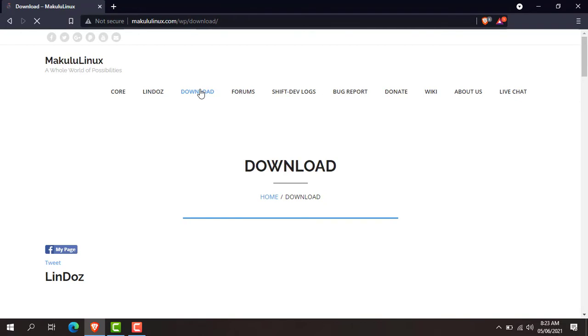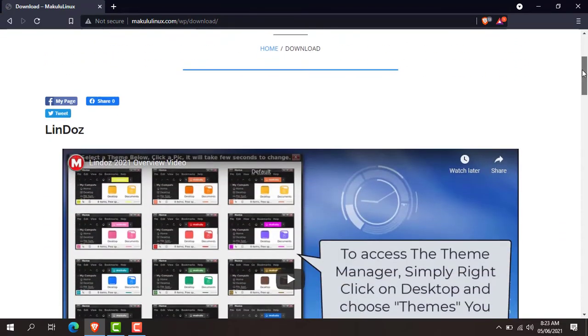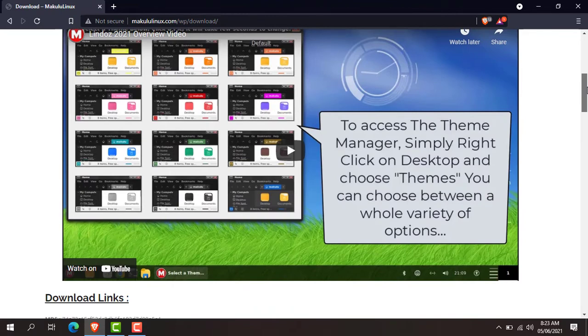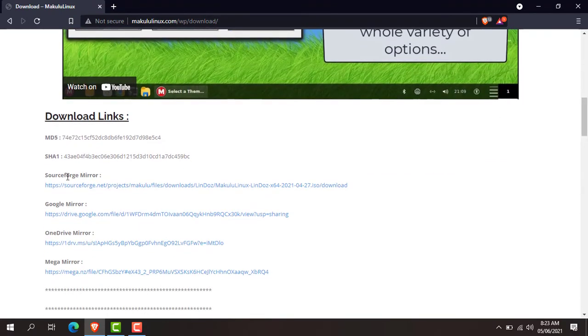Once the download page is open, simply scroll down, and as you can see here, there are many download links available to download Makulu Linux. You can click on any link. So here in my case, I am clicking on the Source4G website to download Makulu Linux.